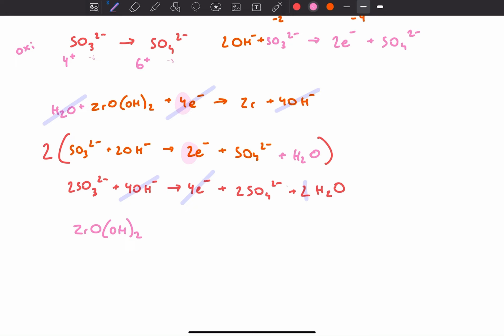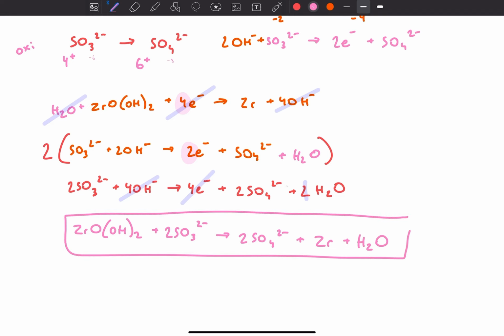When we go to rewrite all of this, we get Zr(OH)2 plus 2SO3 2- turns into 2SO4 2- plus Zr plus H2O. And that is our balanced